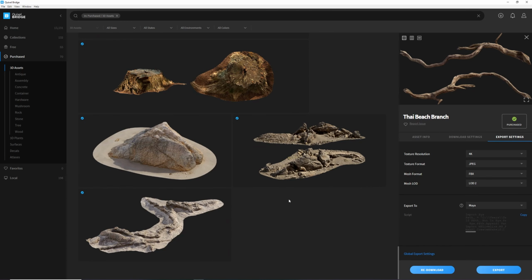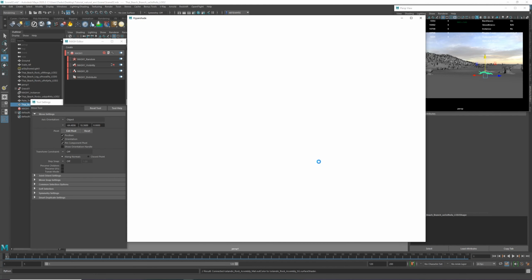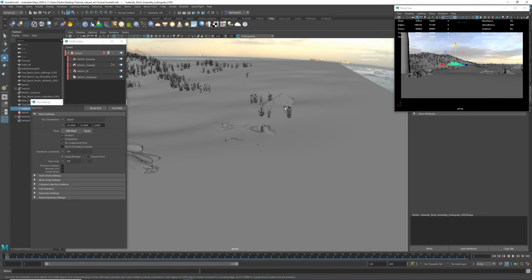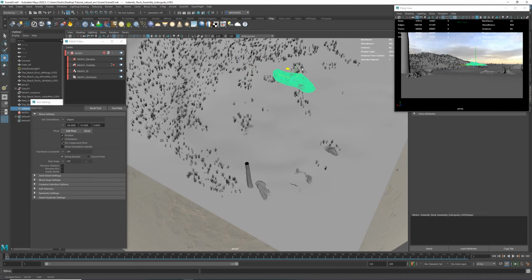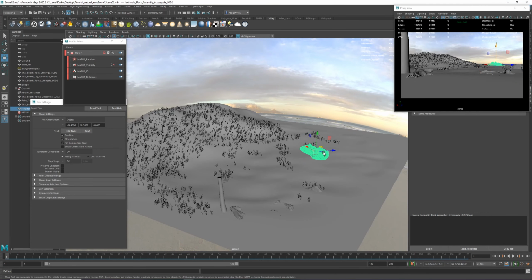Logs, these are all forest assets. What is this one? Assembly rock. We could try to put this one in the back actually. It has some sand around it, so I'm thinking it might be a different kind of beach, but I think in the distance it wouldn't really make too much of a difference, because most likely I'm going to put some sort of depth of field in the back, so I think that should